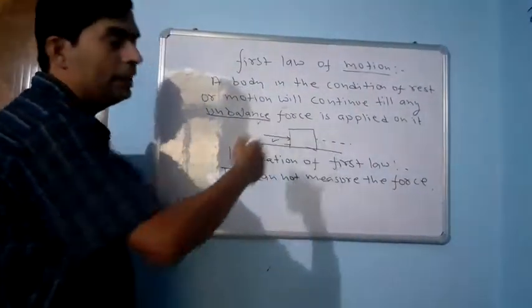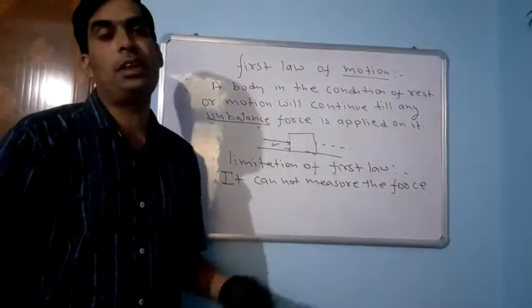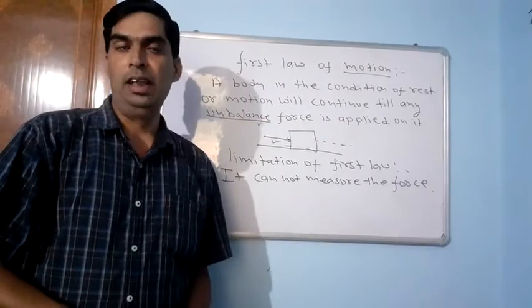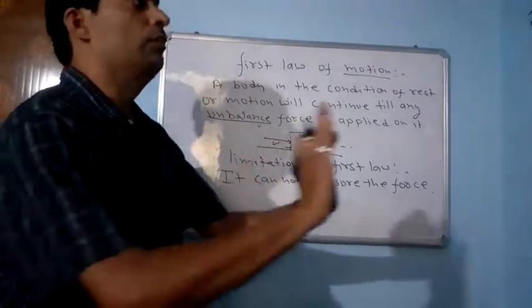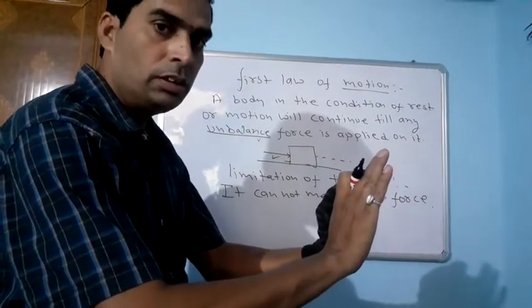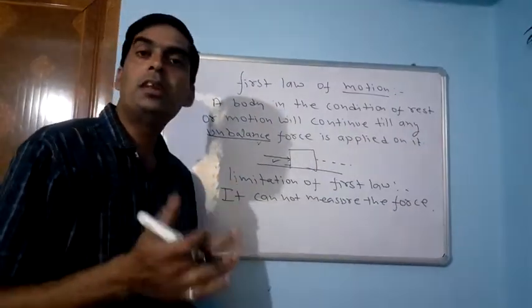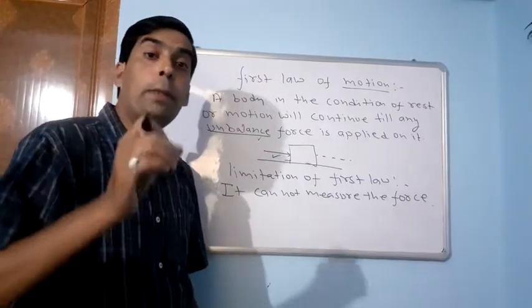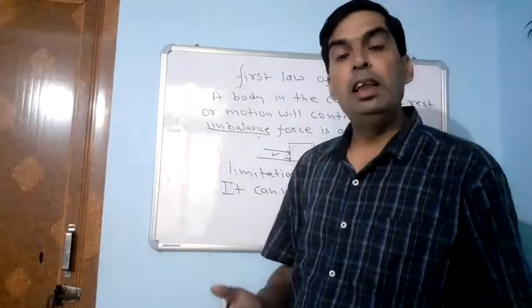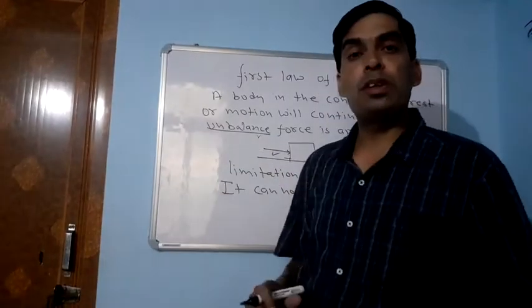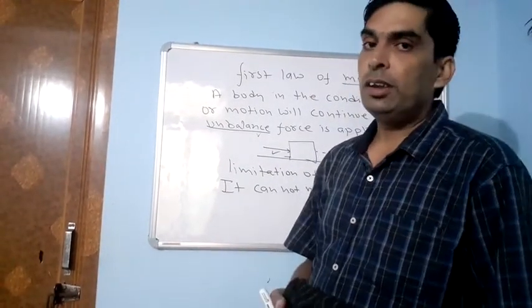Because we do not have any practical expression based on this, that tells how much force is required. Let a ball be coming to us, we will stop it. Now a bullet train is coming to us, we will stop it. Is it possible? No, because there is no expression. So mathematically this law is incomplete because it can't measure how much unbalanced force is required to change the inertia of a given body.